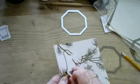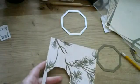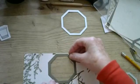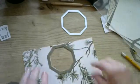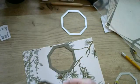Right, let's see. Oh, that's good. That's not torn it. Lovely. Now let me just see. Yep, that's right. That'll sit nicely on there. So I'm going to leave that there while I set the others up,